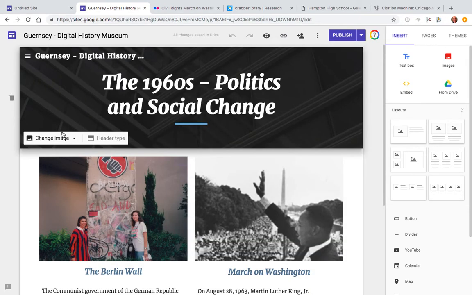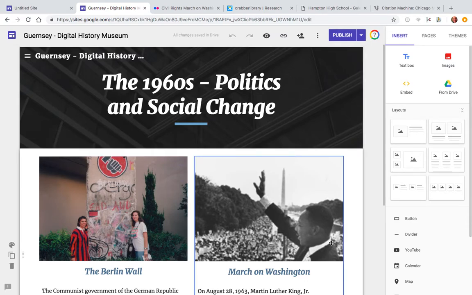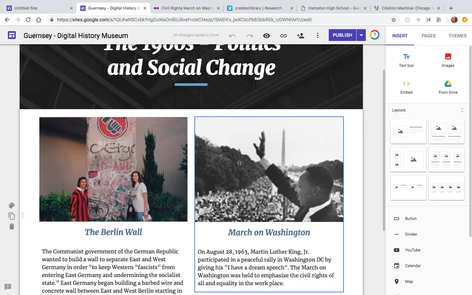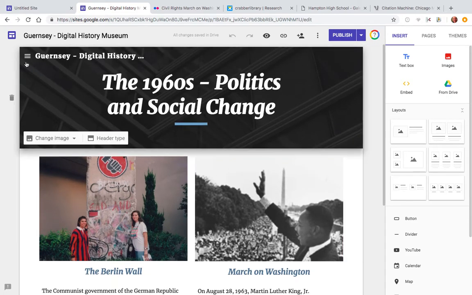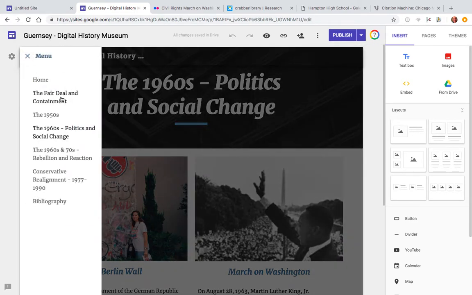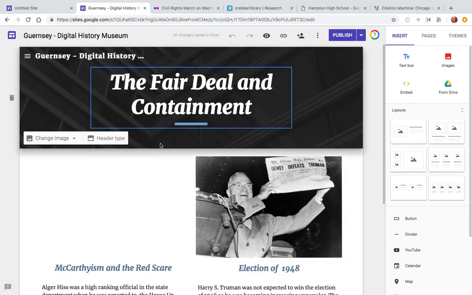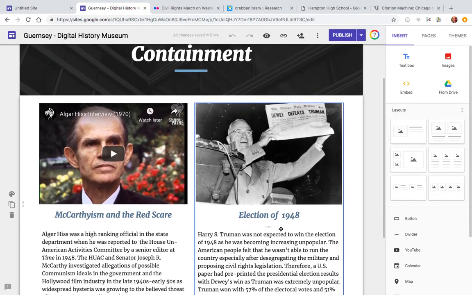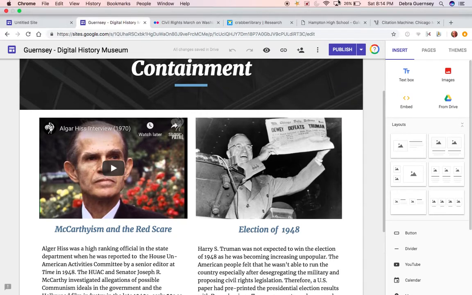So that's how you create your website with pictures as well as objects. It can be a personal picture, as you see here. You can find something on the web. If you can find some first-hand documentation, which will be a little bit more difficult because of the time period that you're working with, or you can go to museums as well. So that's it for this video, and good luck with doing